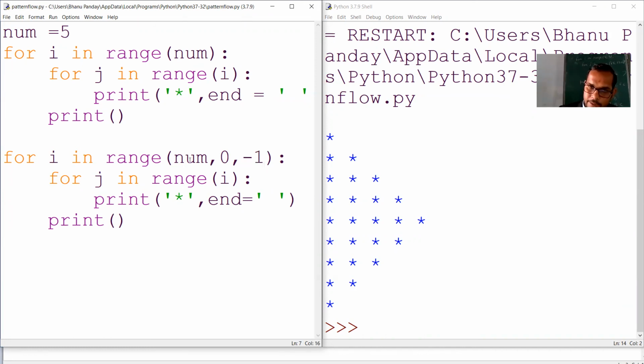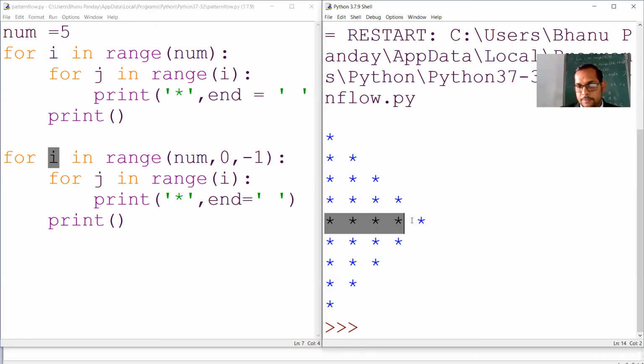So start from 5, finish at 0, comma -1. So the first value of i is 5. Then the inner loop will execute for 0 to 4, meaning for index 0, 1, 2, 3 and 4. So it will display 5 stars here.